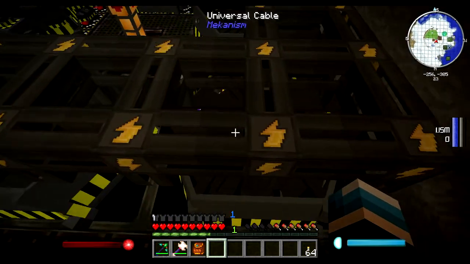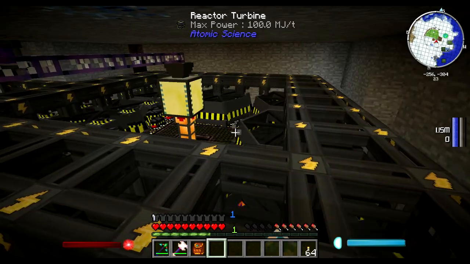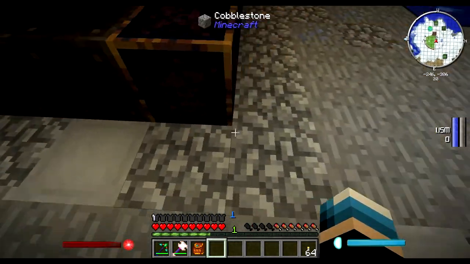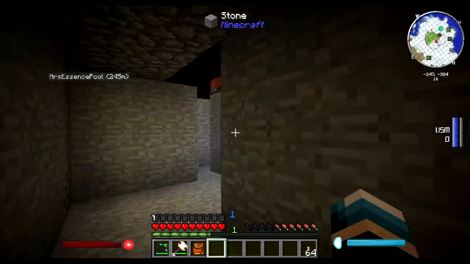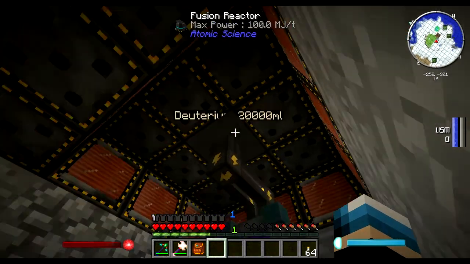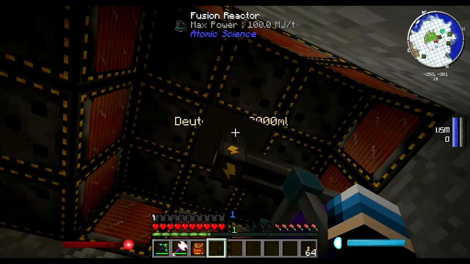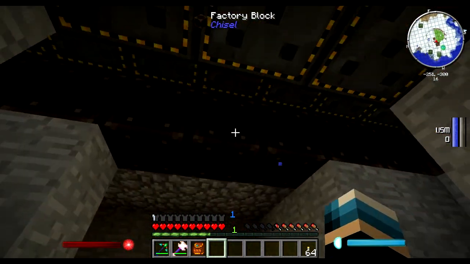Now this generates roughly 7,100 redstone flux per tick, I believe. It can fill up the biggest resonant energy cell in about 2 minutes. So if we just go underneath the actual turbine here, you can see that deuterium, that's the reactor. Now it's actually powering itself, it needs power to run. So it's generating power, the power's going out the top to the,